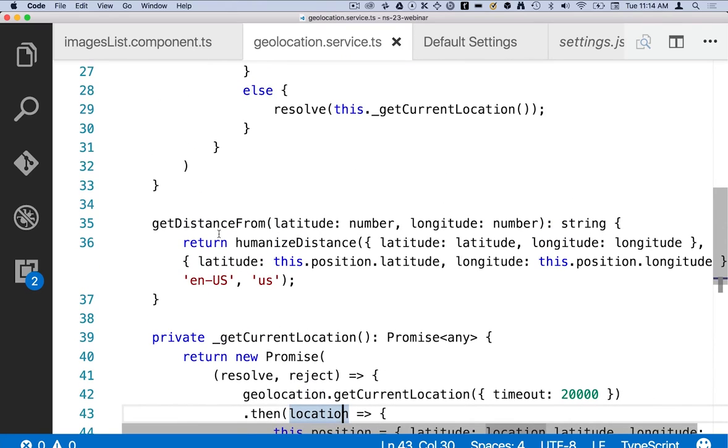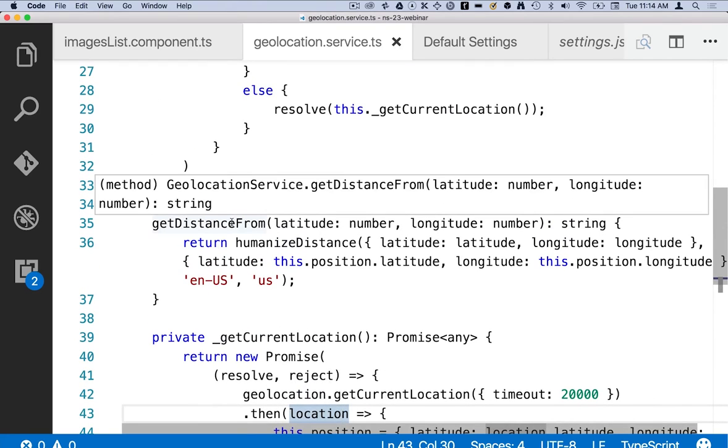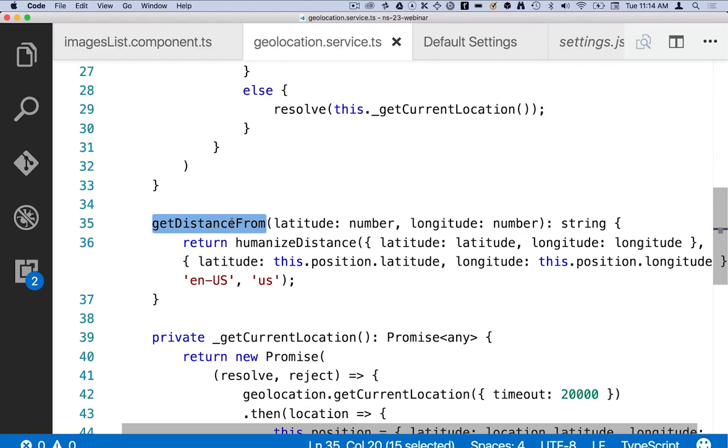So the other thing that we're doing here, which is kind of interesting, is I've got this getDistanceFrom method because we're going to pull back distances that are, say, 2.4 miles away. But when we get those distances back from the geolocation service, it's going to tell us that information in terms of meters. So we're going to need to normalize that down to some sort of unit that's a little bit